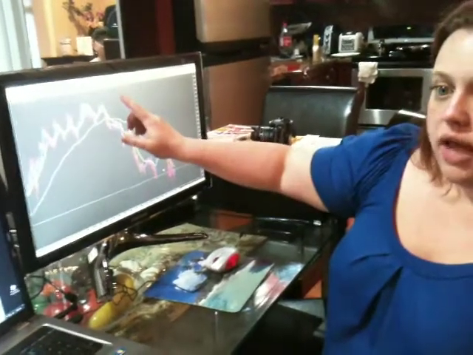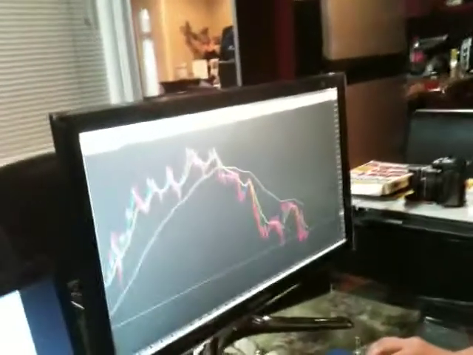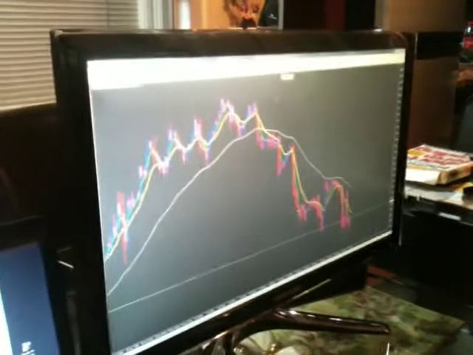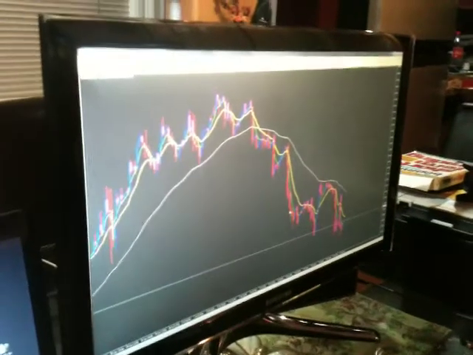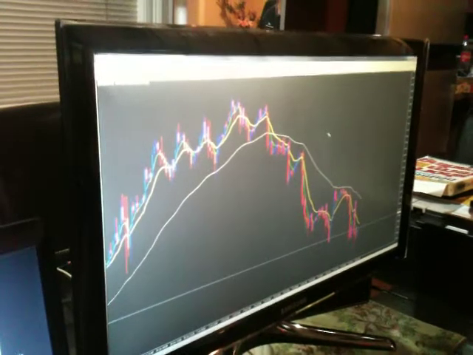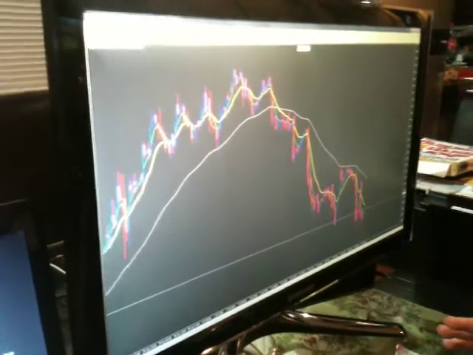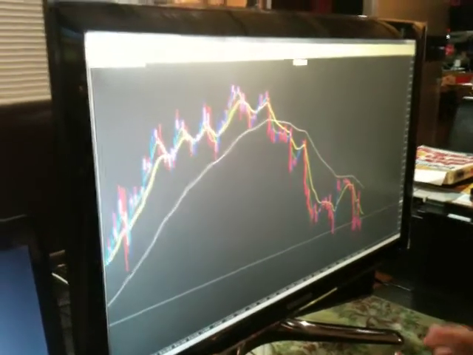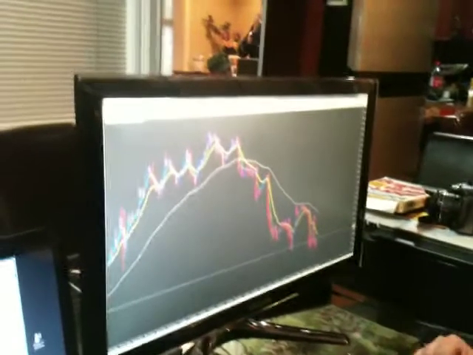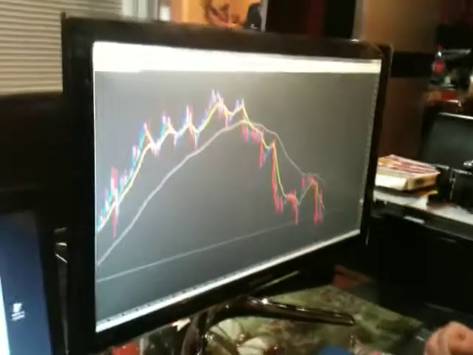If these two lines are beneath the 62 on the 1 hour chart, we sell. If these lines are above the 62 on the 1 hour chart, we buy. There is no leeway here. There is no wiggle room. That's the rule, the absolute rule for any trade we take. So now we sell. Exactly. Very good.